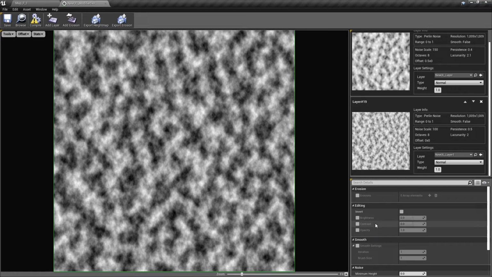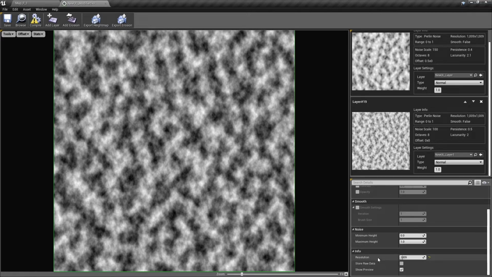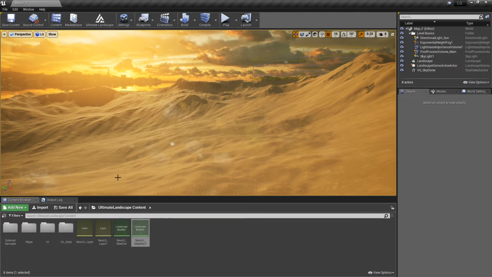The rest of the menus are the same as the layer editor, but resolution is very important in the modifiers, and it must be the same as the target landscape overall resolution. Now if I add a smaller layer into this modifier,